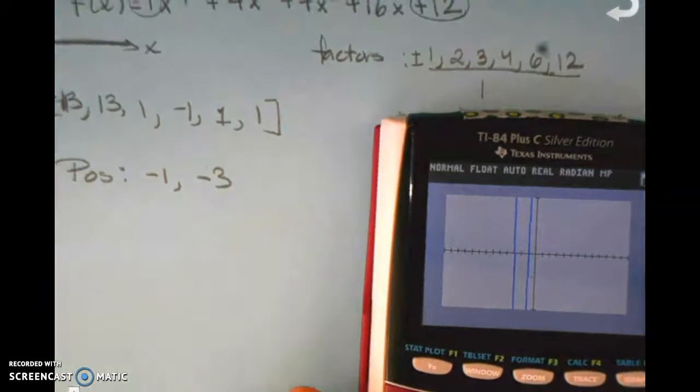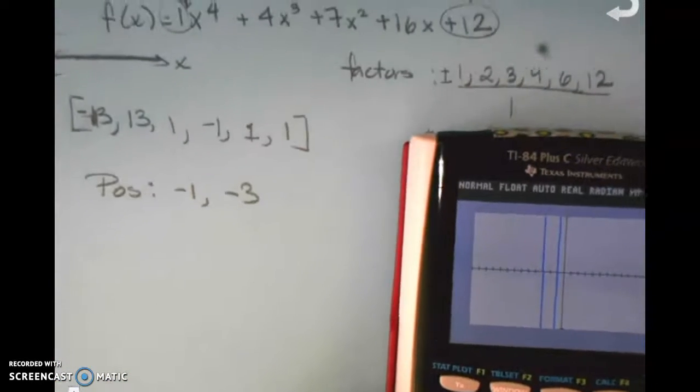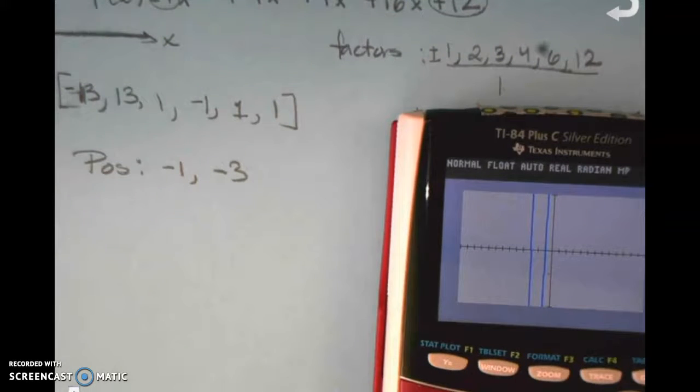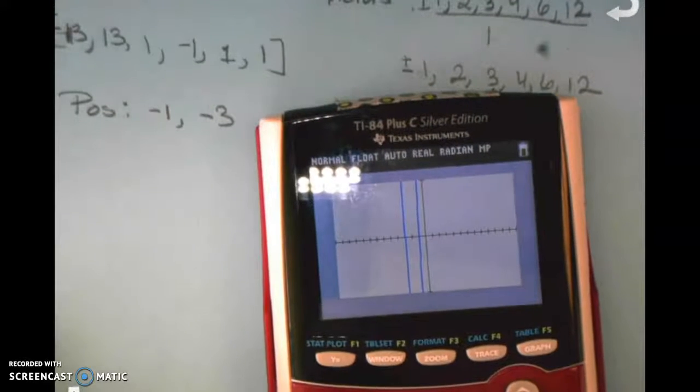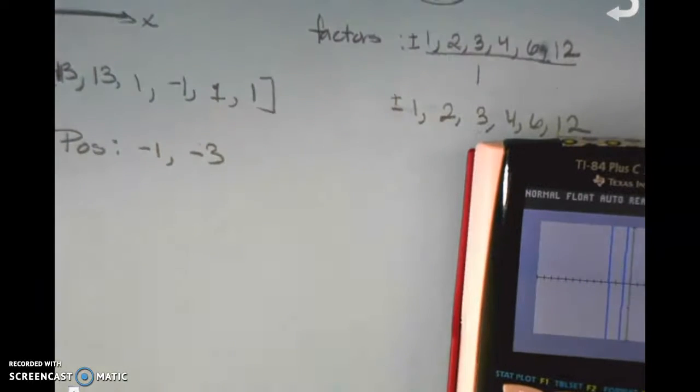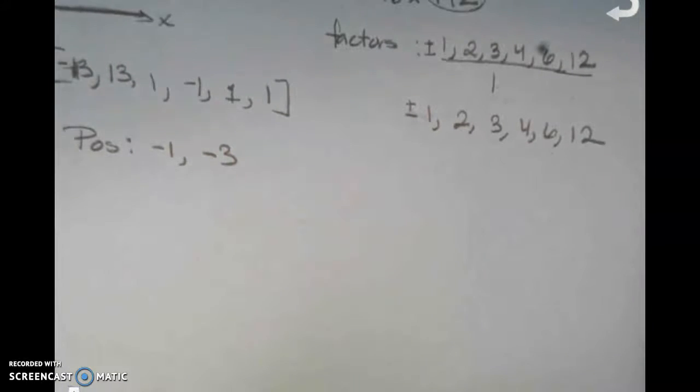Those are the ones that it looks like. Now, I'm going to tell you, I did pick an easy problem because sometimes it's going to be a fraction, but I just want to make sure that you see how to do these without any gnarly things. So -1, -3 looks like where it crosses. I'm going to verify that